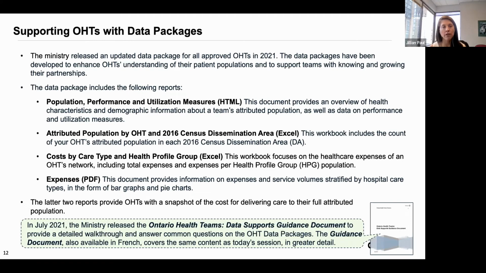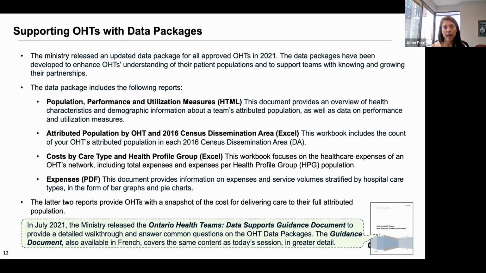The first report is around population performance and utilization measures. These are characteristics and demographic information about the Ontario Health Team's attributed population, as well as several performance indicators and measures. The second report is about the attributed population going all the way down to census dissemination area. This was a new feature to provide more granular information to teams about where their attributed populations reside. And then the third and fourth